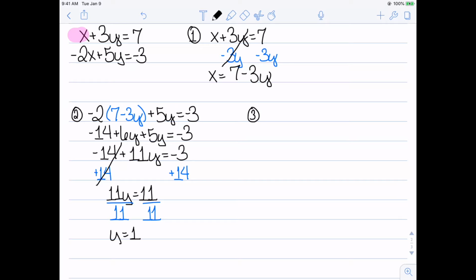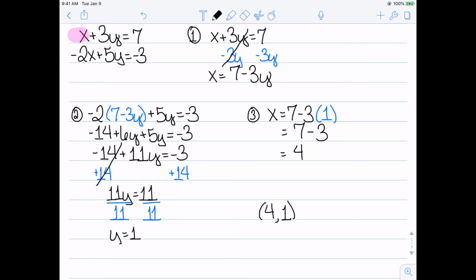We can now move to step 3, which wanted me to back substitute. It wants me to take the thing I found in number 1 and the thing I found in number 2 and combine them. From step 1, I got that x is equal to 7 minus 3y. Step 2 told me that y is equal to 1, so I'm going to stick that in. That gives me x is equal to 7 minus 3 times 1. That's the same thing as 7 minus 3, which is equal to 4. So I now have my solution,